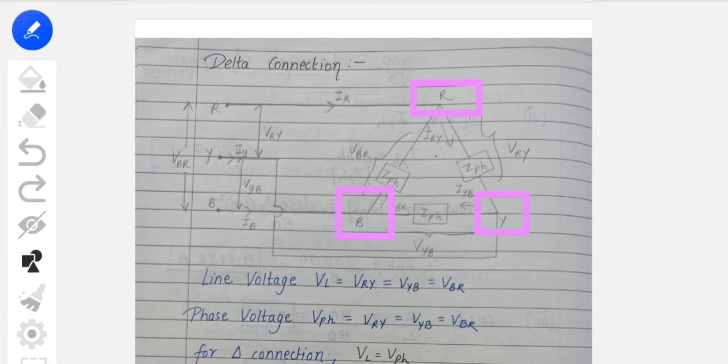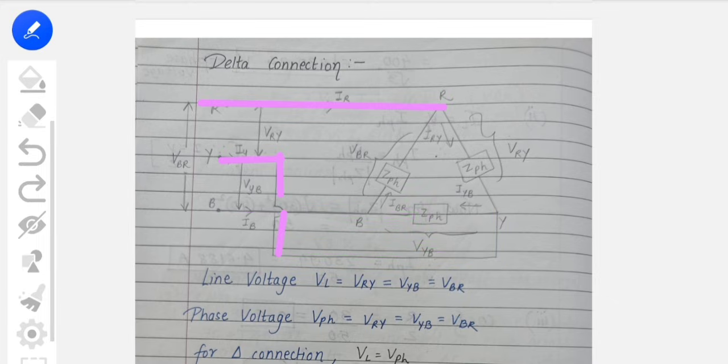So for you, I am telling you that you have to label the same as I have mentioned, otherwise your derivation will be wrong. As we have mentioned R, Y, B, the same thing as I told you. We have shown the current also like this. Okay, this is your current. For your understanding I am drawing it like this. This is your current for R, Y and B. Don't forget to mention them, and also you have to draw the arrows.